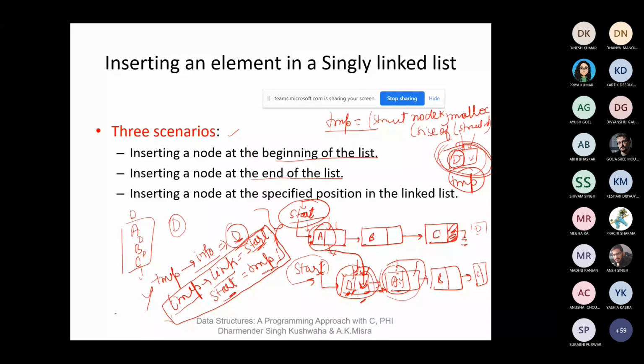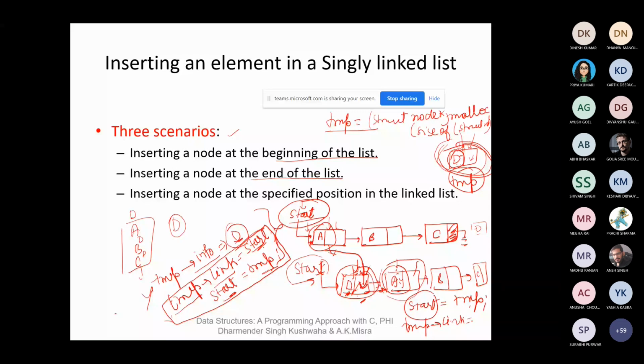If we are doing it in a different manner, like if we change the order, like firstly we assign the start to the first node, that is D, then temp to link equal to start.